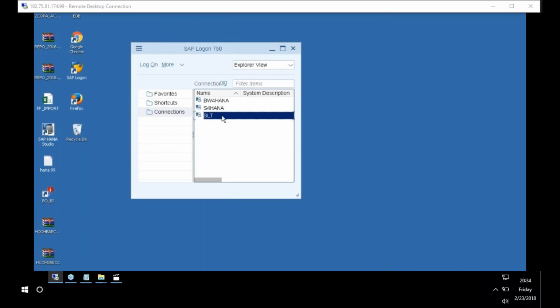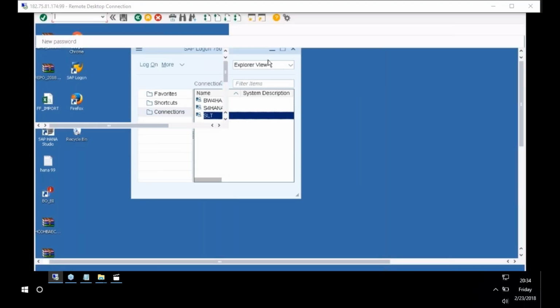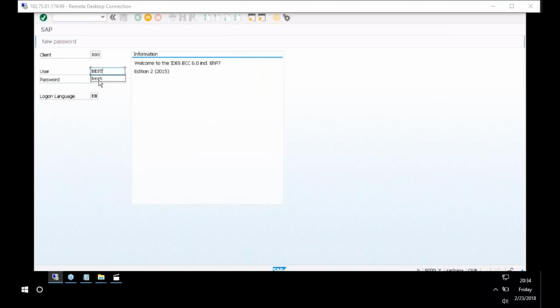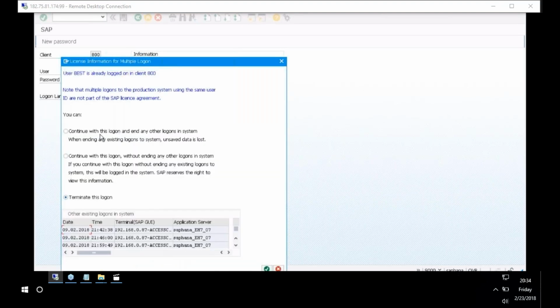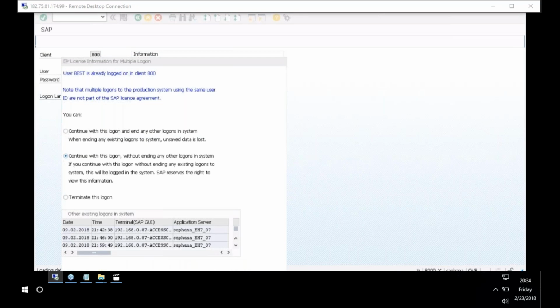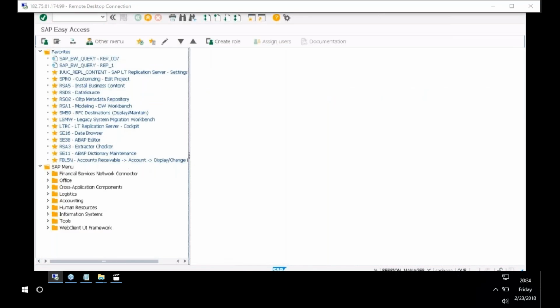Double click. Let me give the username and password. Username is best. Password is capital W, welcome 123, and click enter. Once you click enter, let's click continue with this logon. Click continue. Once you click continue, now here